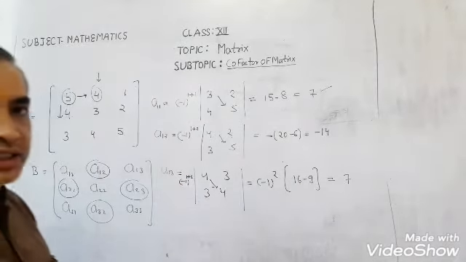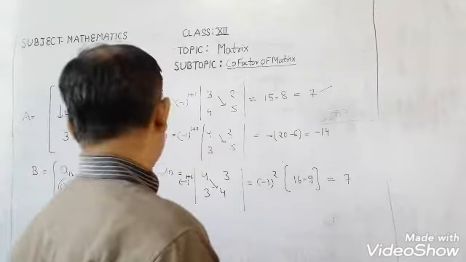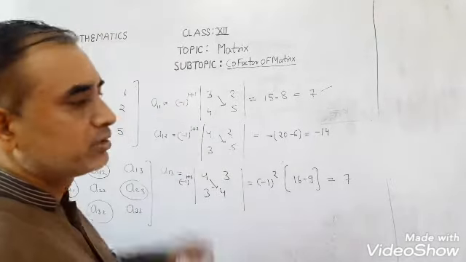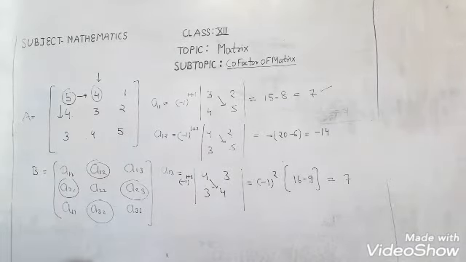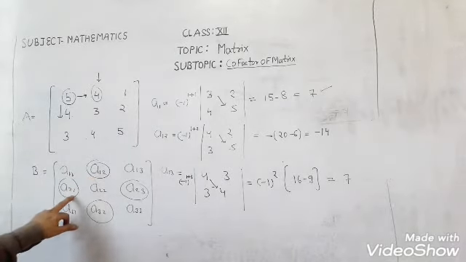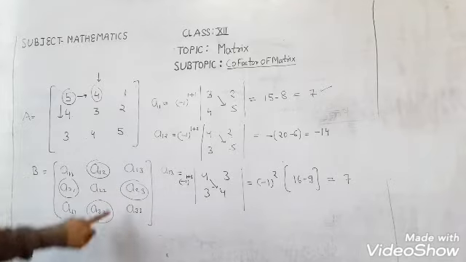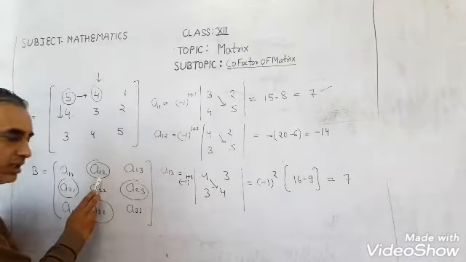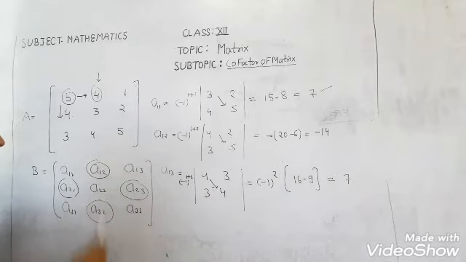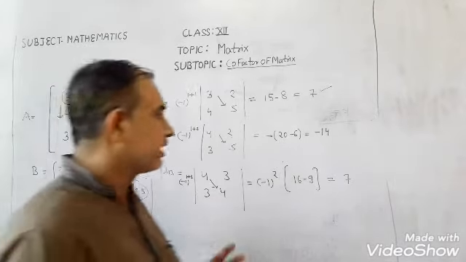So there are two methods to put the sign here. Firstly, this is the method, minus 1 raised to power m plus n. And the second method is we can assume that these alternate positions, like a ring, give the minus elements, and the other elements will be positive. There are two methods here.